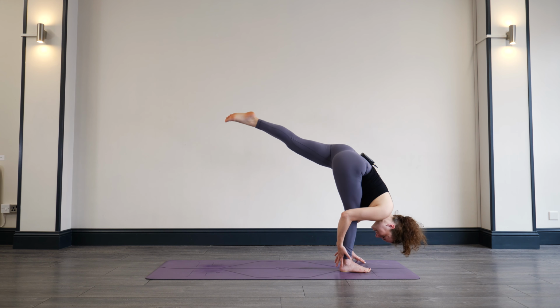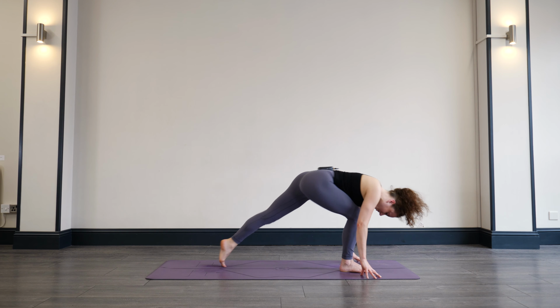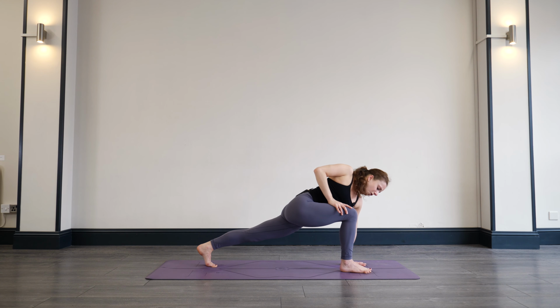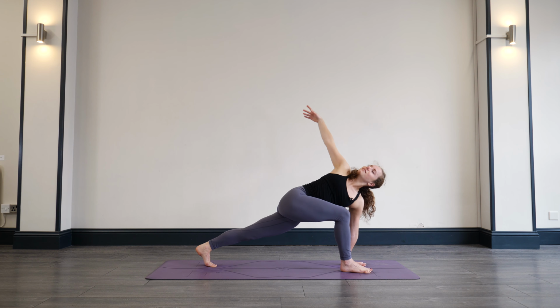and 1. You bend into the right knee, step the left foot all the way back behind you. Come onto the ball of that left foot. Placing the left hand down, inhale, the right arm reaches up, coming into a twist. Making sure again that the knee is over the ankle. Sole of the foot is planting down. Bend deeper into the right hip, lift the chest a little